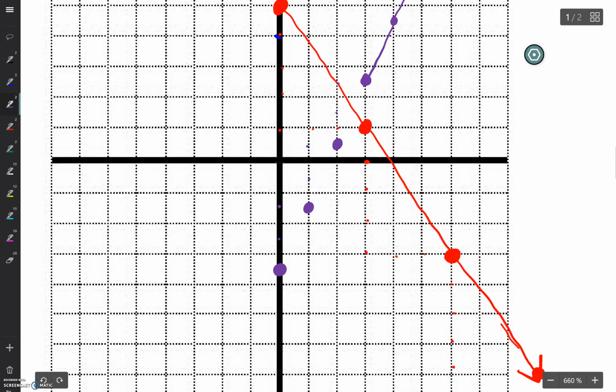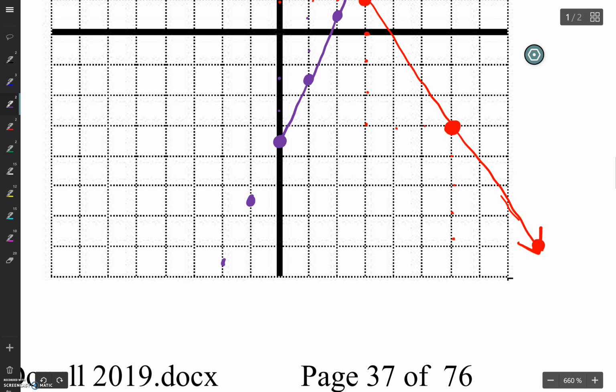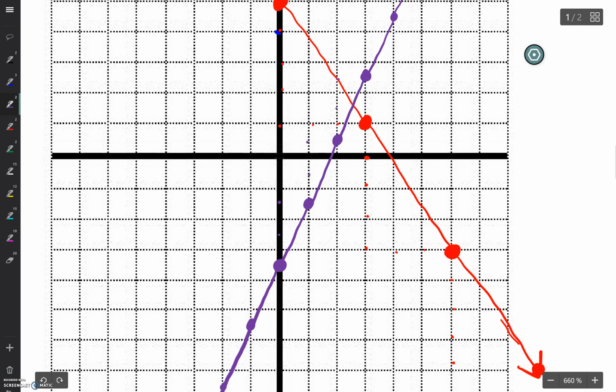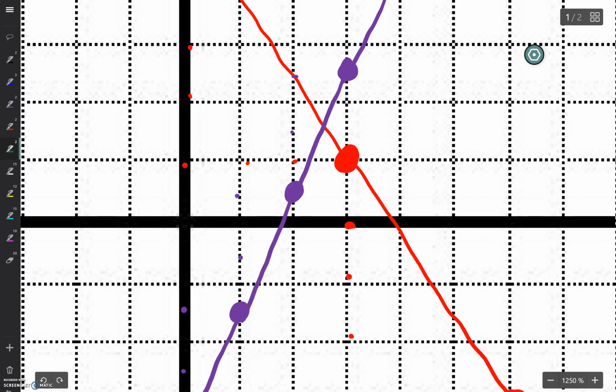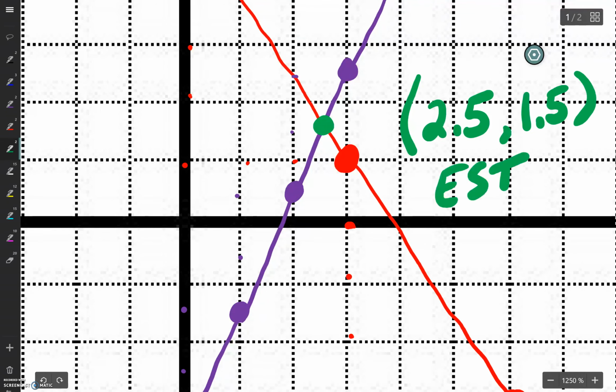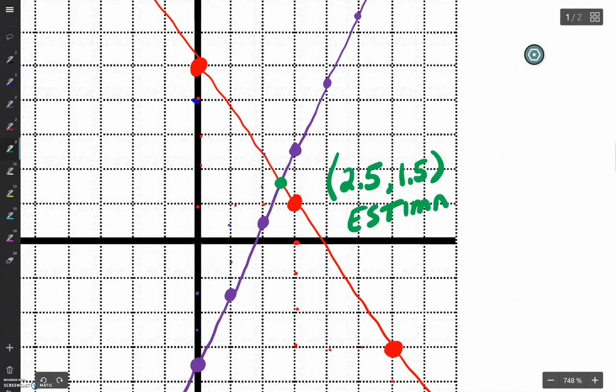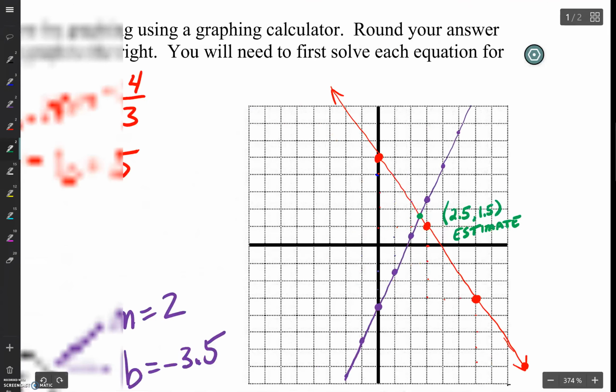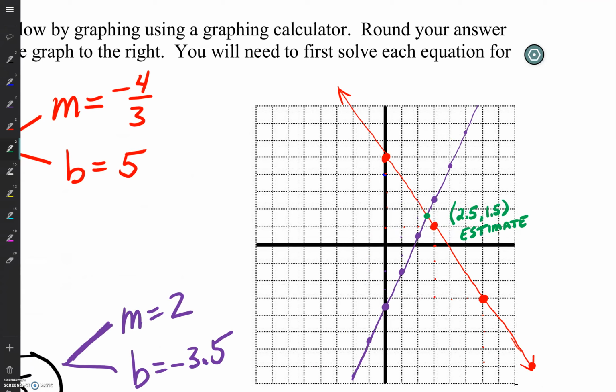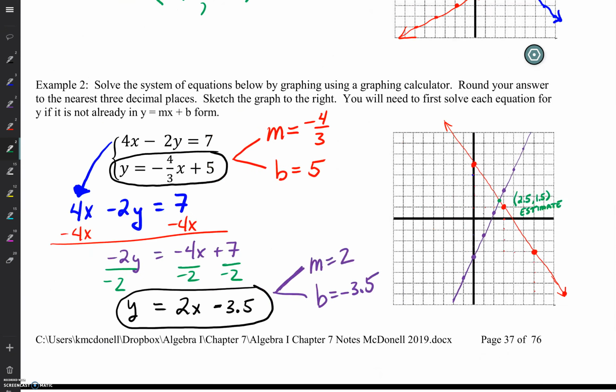Now this is where the zoom feature of our Surfaces actually comes in handy, because I can try to be as accurate as I possibly can with this, even though, obviously, our intersection point is not right on a grid spot. Now I'm going to do a little estimation. It looks like we're a little bit more than 2.5, and about a little bit above 1.5. So I'm just going to write that down, 2.5, comma, 1.5, and that is my estimate. But in saying that, I am going to go to my calculator now, graph this exactly, and come back and see, based on my calculator, what we actually have. So let's go to our calculators,